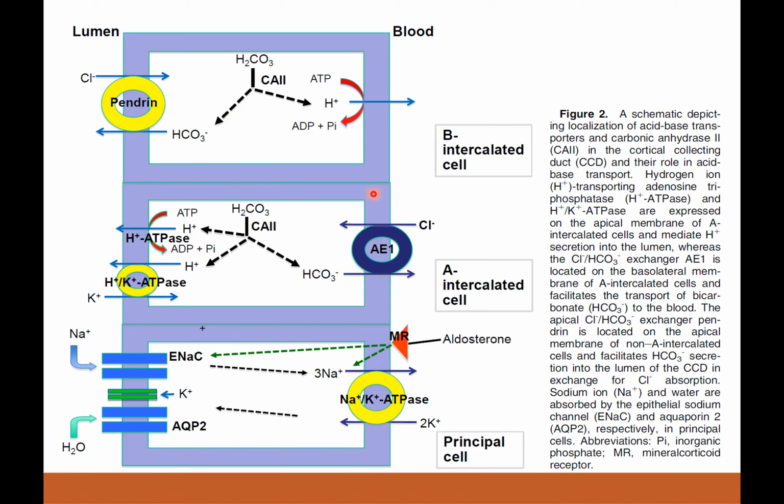Suppose there is excess acid, then what will happen? The acid will be pushed here and the bicarbonate will be absorbed to neutralize the acid. Whereas let us say there is excess base, that is bicarbonate, then the bicarbonate is pushed out and hydrogen is absorbed to mop up that bicarbonate. In metabolic alkalosis, this will be functioning. In metabolic acidosis, this will be functioning. So the alpha intercalated cell and the beta intercalated cell are just converse of one another. In the alpha intercalated cell, there is bicarbonate reabsorption and hydrogen being sent out. Whereas in the beta intercalated cell, hydrogen is reabsorbed into the body and bicarbonate is sent into the lumen. So these are the basics.